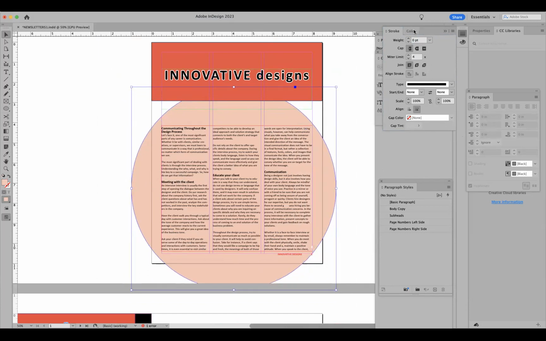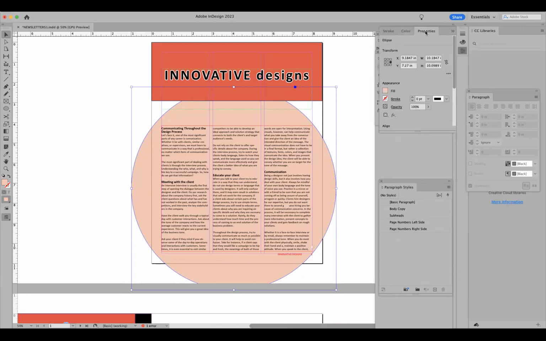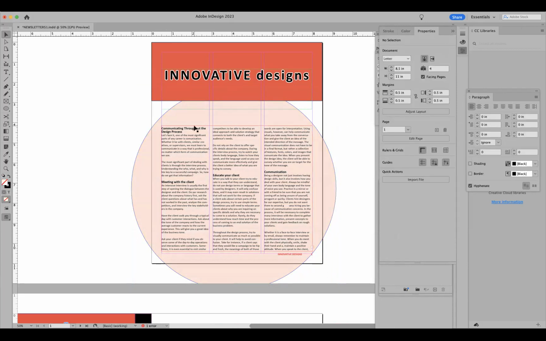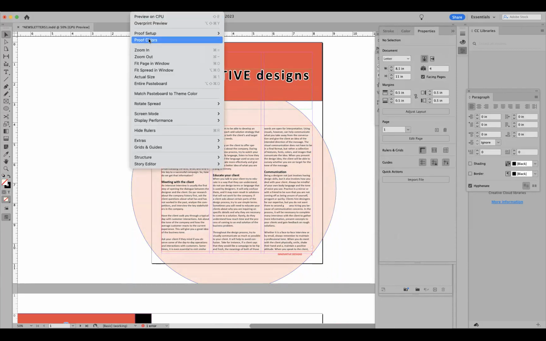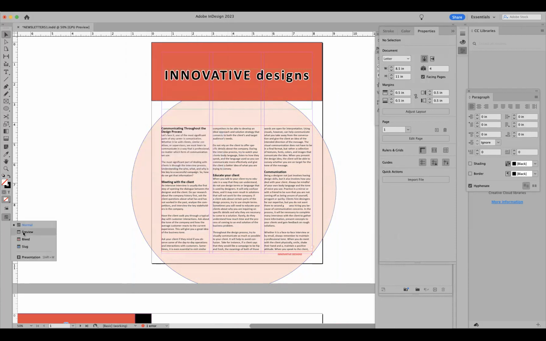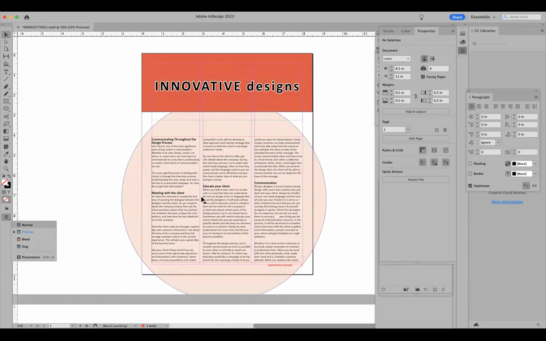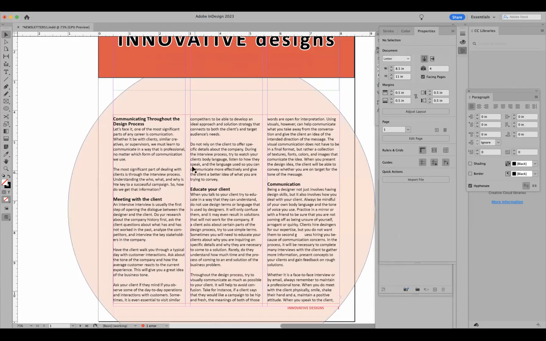Okay, in your properties, you should have a properties panel. There it is. See where it says fill stroke, we want that to be 0. Opacity, we can dial this down a little bit so that is not so dark. I just think that looks a lot nicer. See how it's just easier to read. Okay, so once that's set, just make sure all of your